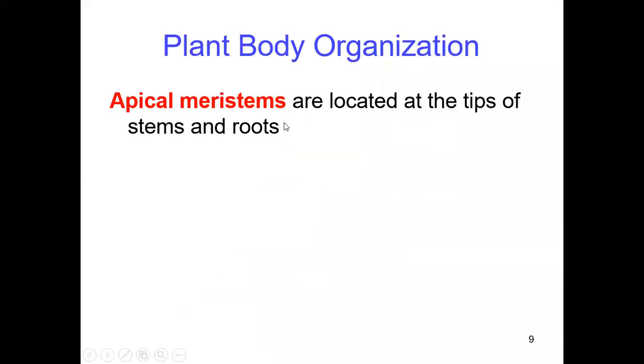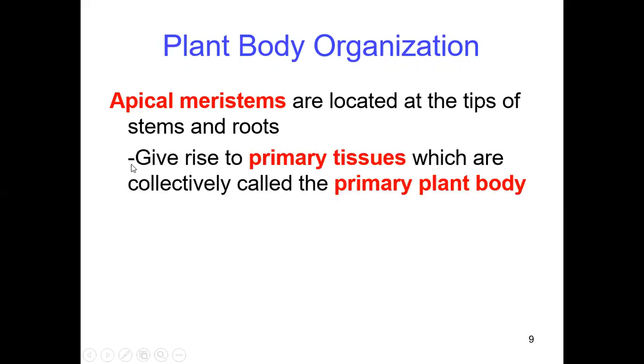And especially these meristematic cells, on the basis of location, we divide into different kinds of meristematic cells here. The first we will see is the apical meristem. If you see its location, it is present at the tip of the stem as well as the root here. Its function is to form the primary tissues which are responsible for the formation of the primary plant body here.